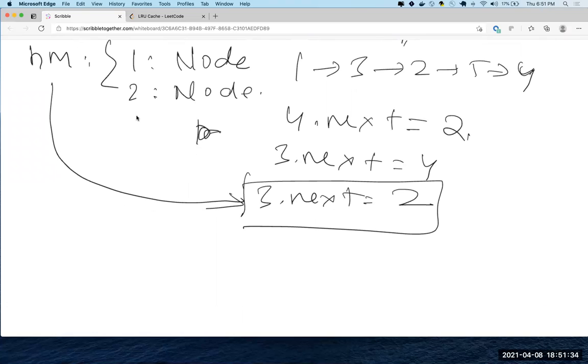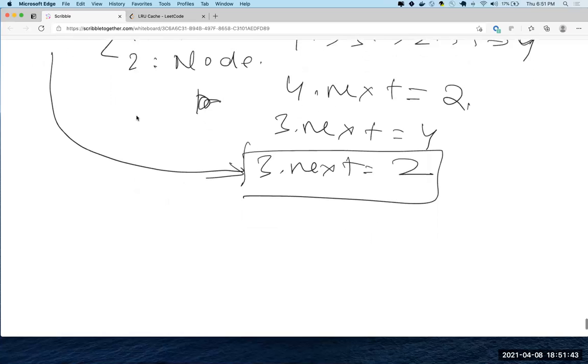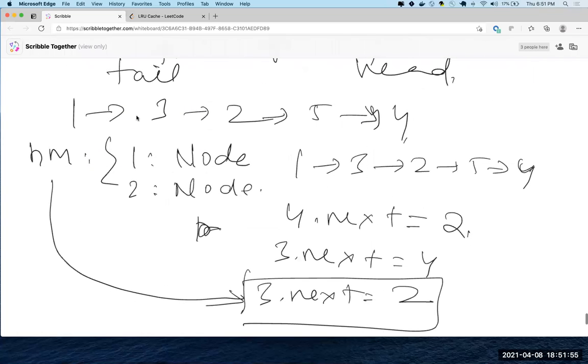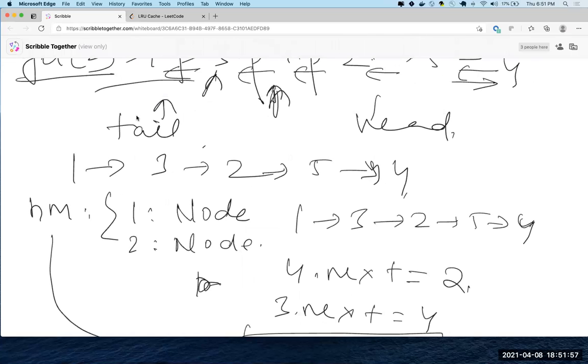If we only had a singly linked list, yes, there is a direct reference in the hash map, but the information of knowing that 4 has moved out of that queue now, and 3 and 2 is the new order, is missing without a doubly linked list. Exactly. So basically, to remove 4, you have to point 3 to 2. You don't have a reference to 3. You don't even know what 3 is.